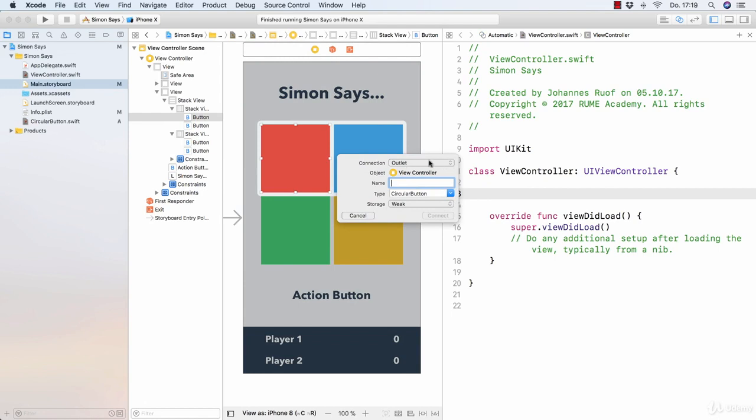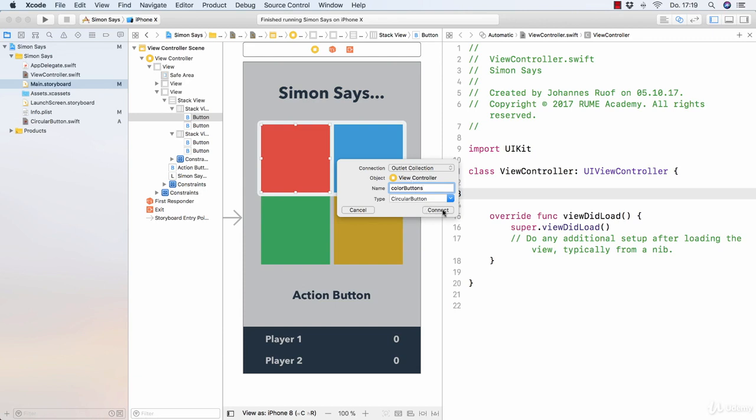Since I want to use one property for all 4 color buttons, I will change the connection type from outlet to outlet collection, which can then be connected to multiple user interface elements. I'll call it colorButtons to stress that this property contains multiple buttons,